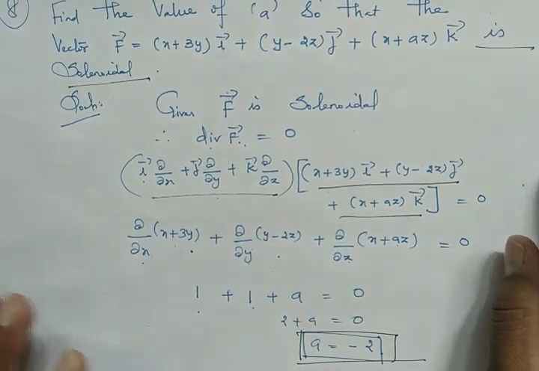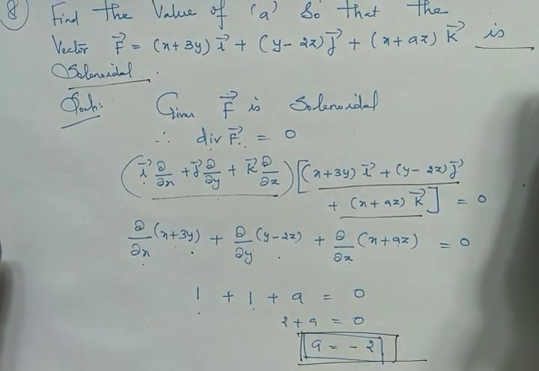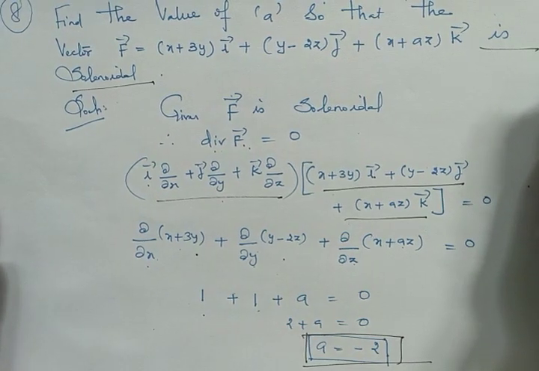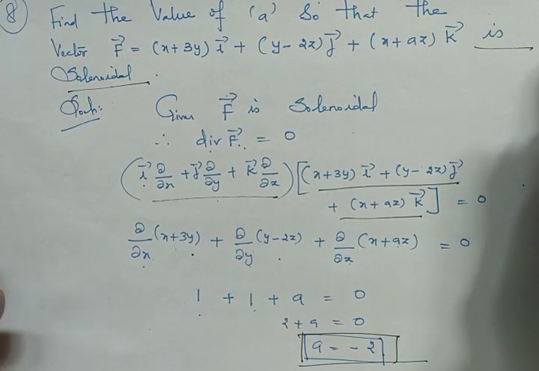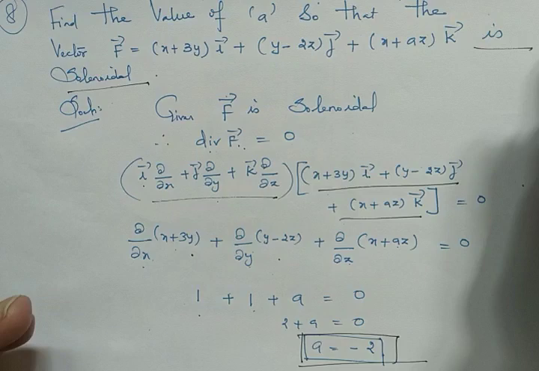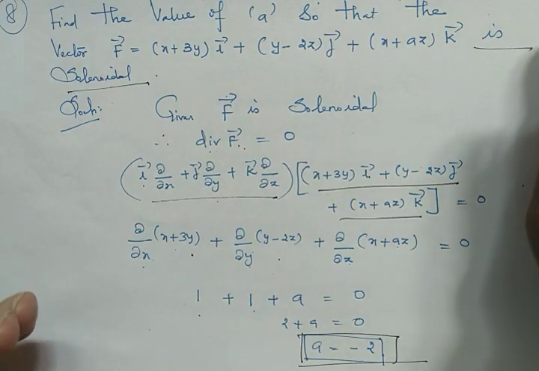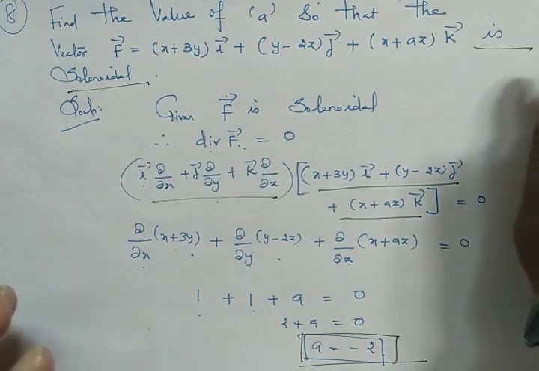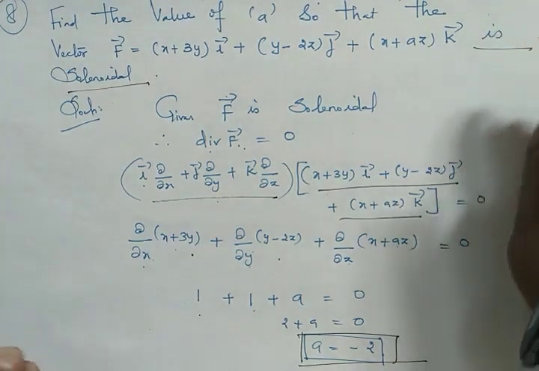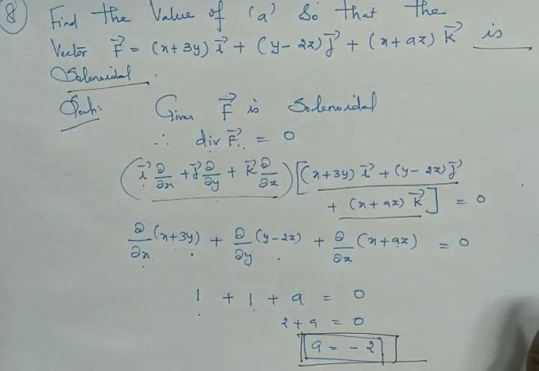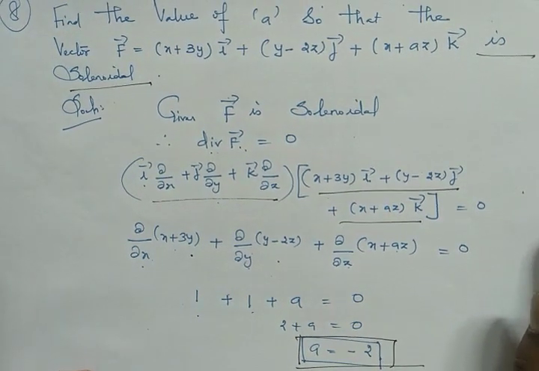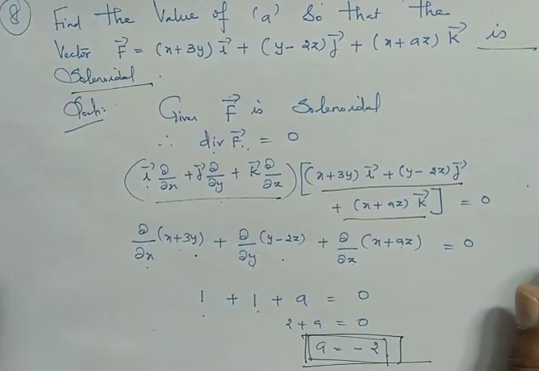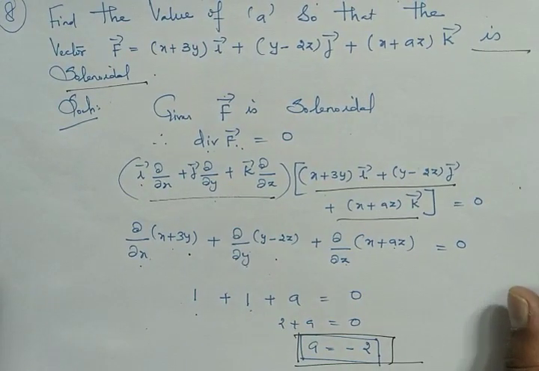So thank you friends. We discussed a few problems in vector differentiation. The most important topics are solenoidal, irrotational, divergence of f, curl f, unit normal vector, and directional derivative. These are the few cases in the syllabus, and I explained the same with a few examples. I believe you are very clear. Today we completed vector differentiation. Continuing from that, we will see vector integration in the next video. Thank you.